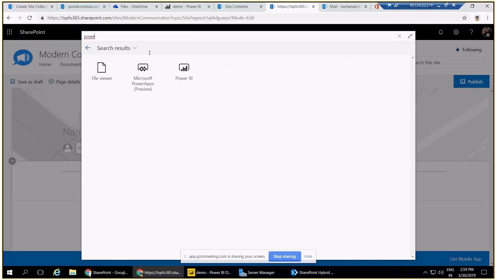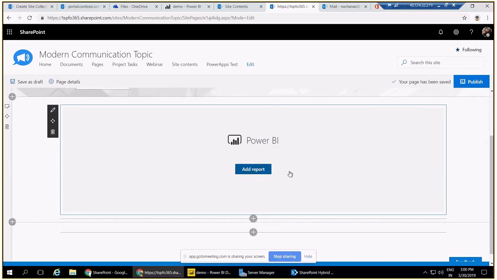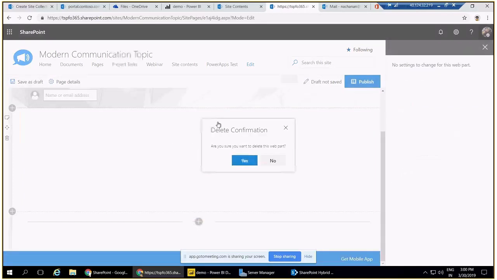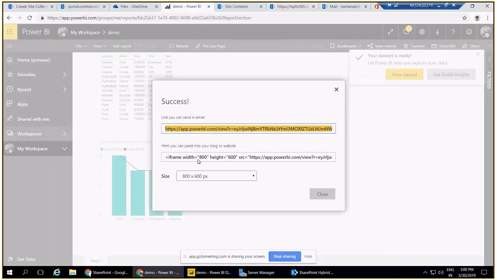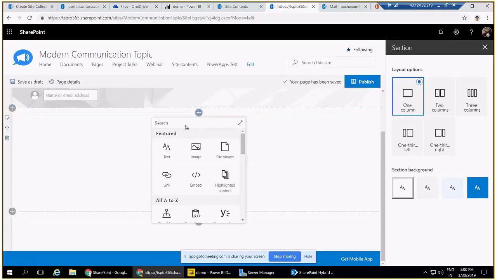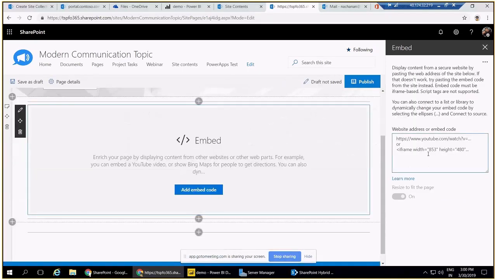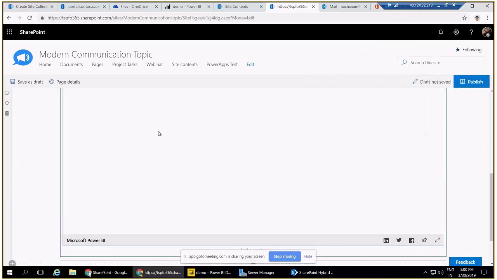So we can add it as a Power BI report, or we can add it as an embed report. We can click add report and add it from here, or the second easiest option is that we have the embed code with us. So I can go back here, copy that embed code, and again come back here, add the web part, and here we have an embed. In the embed we can directly type that iframe code, so that we will be able to see the Power BI report here. Okay, yeah, it is here,